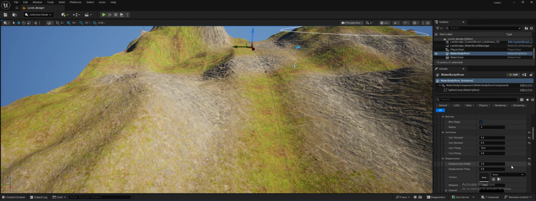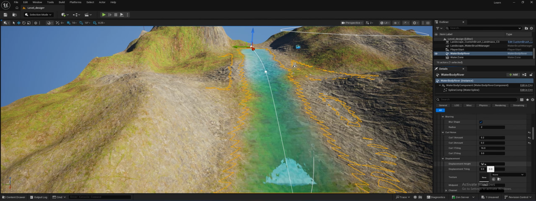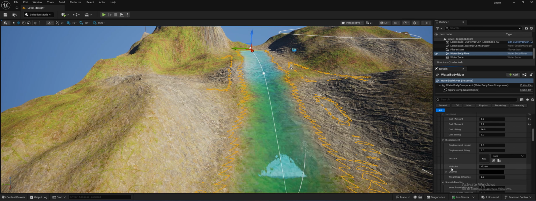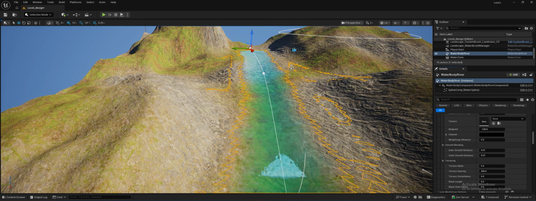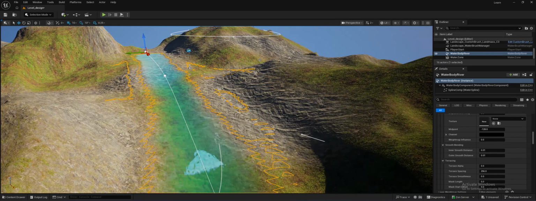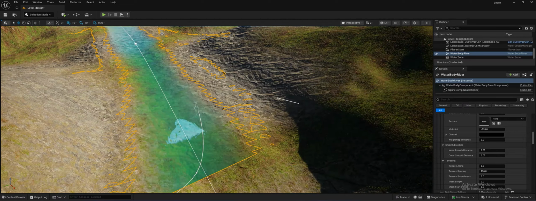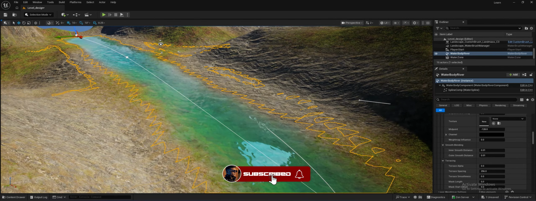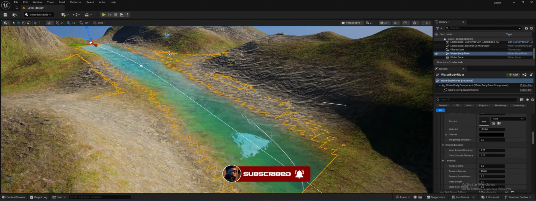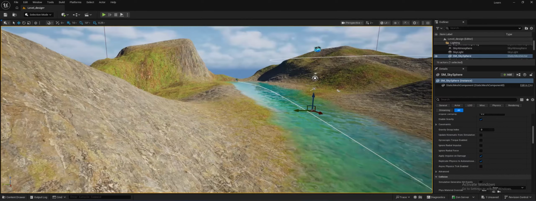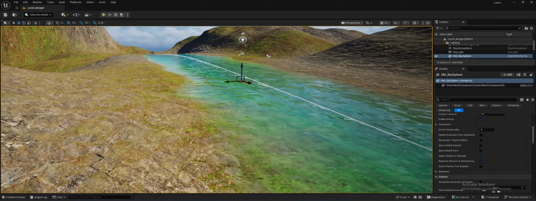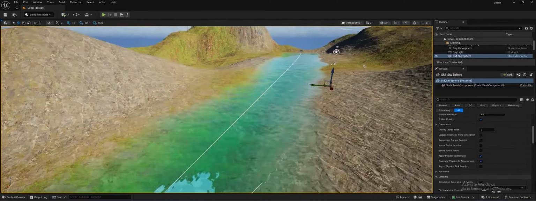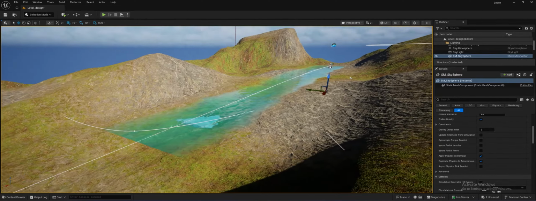And here on the displacement height, just make it 0. Since this landscape is very small, you have to deal with that thing too. If you are creating a huge massive landscape, you don't have to deal with this kind of troubles, because this landscape is too small. Now this river looks very natural for me. See,